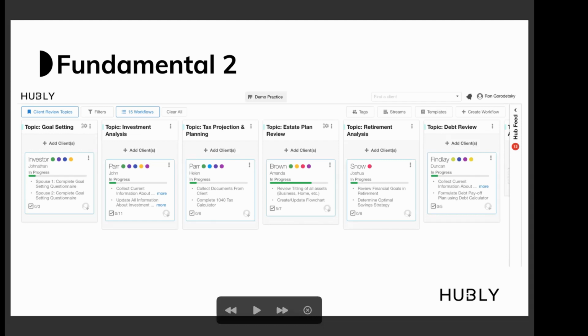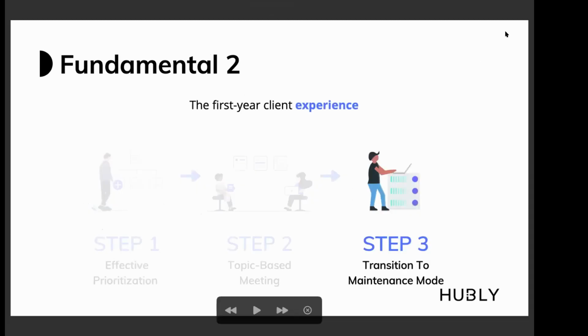And so if you're able to do this well, you can also then really visualize it and see where clients are at in your particular processes and can really prioritize accordingly. After you've gone through, prioritized properly, gone through your first year where you really actually implemented and talked about most of these topics and have an action plan in place for your clients, we recommend transitioning them into what we